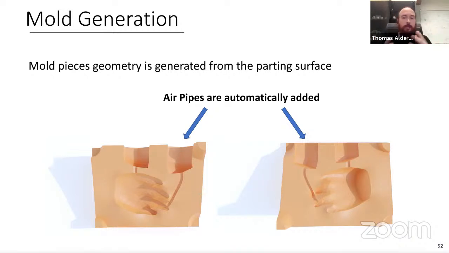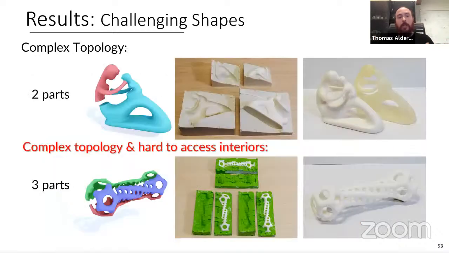So this concludes the algorithm description, and now I want to present you some of the most interesting results that we used to validate it. We validated the algorithm on a wide range of shapes, and these are for sure the most exciting ones that feature complex topological and geometrical features. And in particular, I want you to focus on the second one here, whose geometry features very large interior cavities that would be impossible to fabricate using